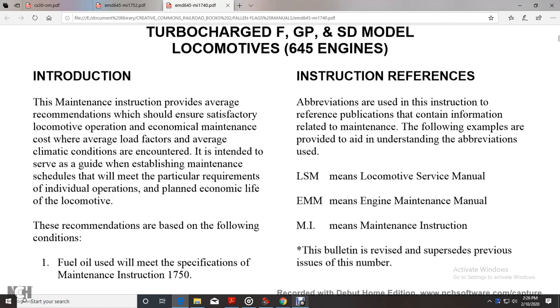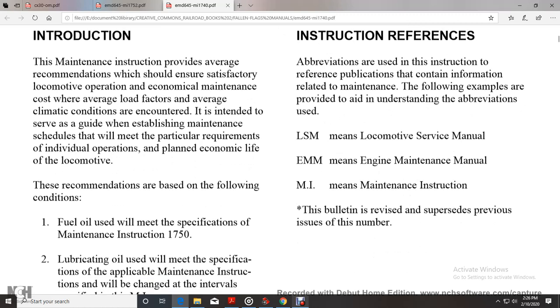maintenance for the average load factors and average climatic conditions that are encountered, and is intended to serve as a guide in establishing maintenance schedules that will meet the particular requirements of the individual operation plan and the economical life of the locomotive. The recommendations are based on the following conditions: fuel used meets the specification in Maintenance Instruction 1750, lubricating oil